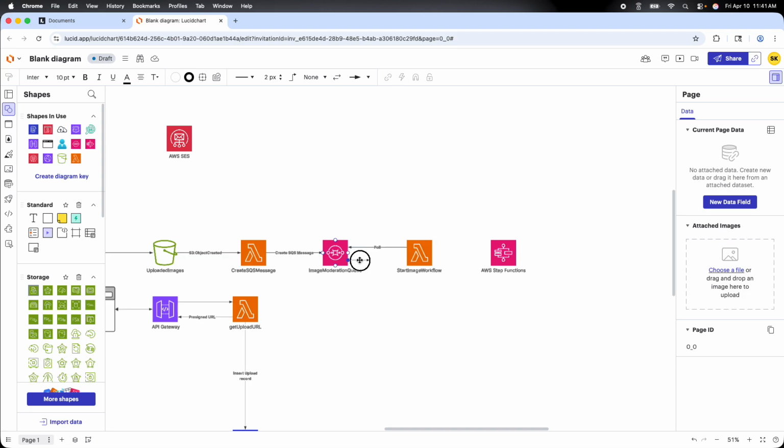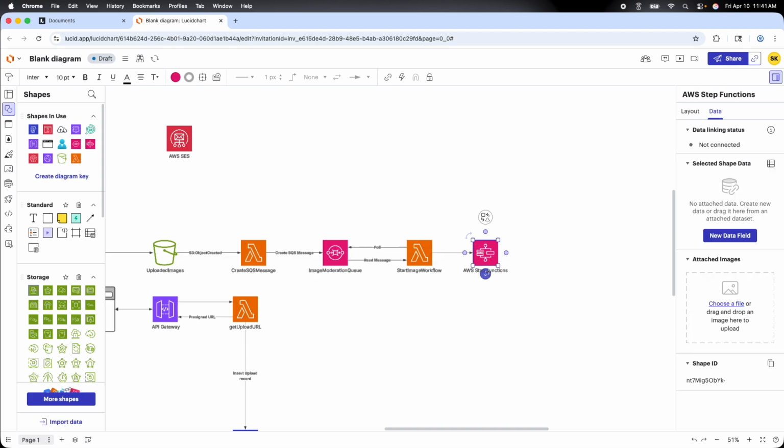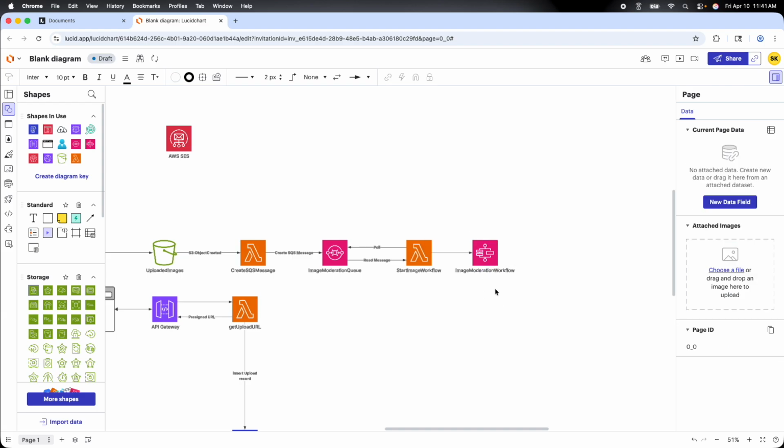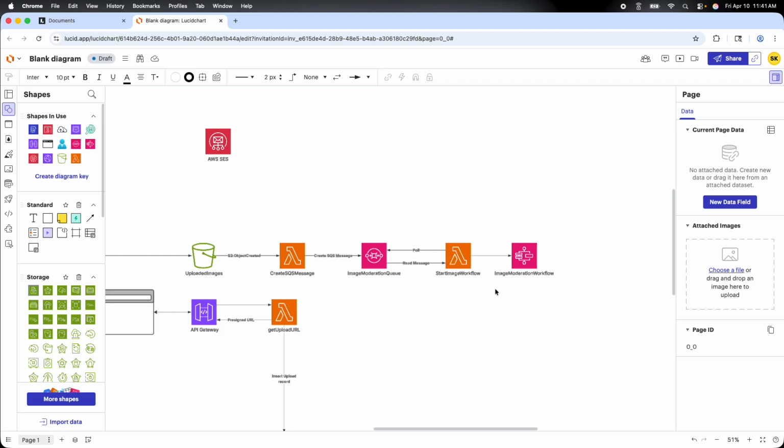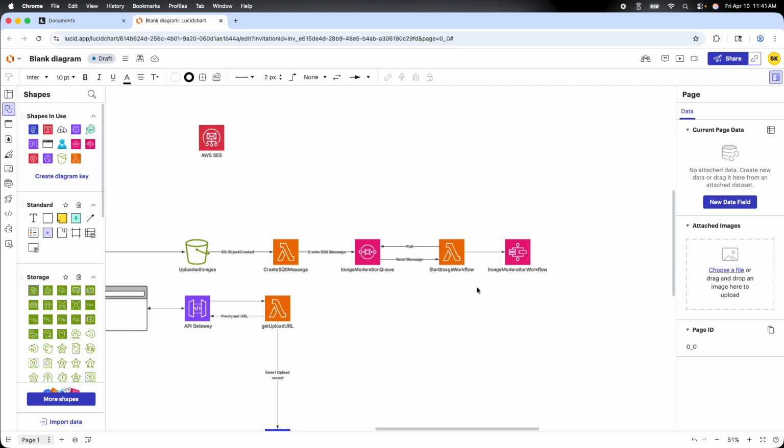And if there are any messages, it is going to read the message and it is going to trigger our image moderation workflow. So the step function that we are going to use, let's call it image moderation workflow. Okay. So what this image moderation workflow is going to do, the first thing, and that's the entire purpose of